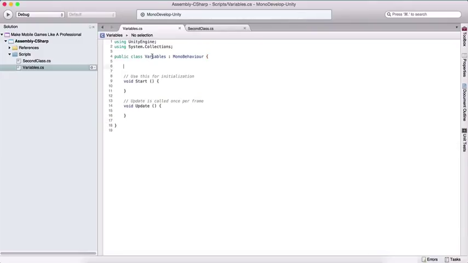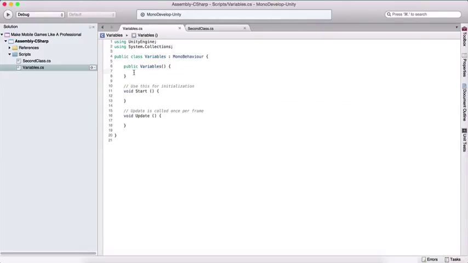For that, we use a constructor, and constructors we declare by using the class's name, in our case variables. So here we can say public variables, and now we declare the constructor. Inside of constructors, usually we initialize variables, or we can call other methods. And we use a constructor to call our class in another class, and that's how we can create an object